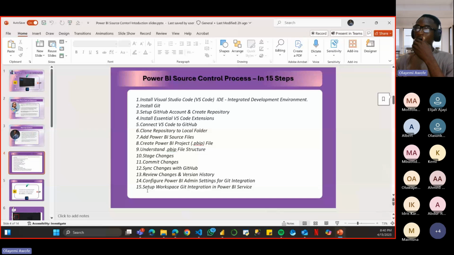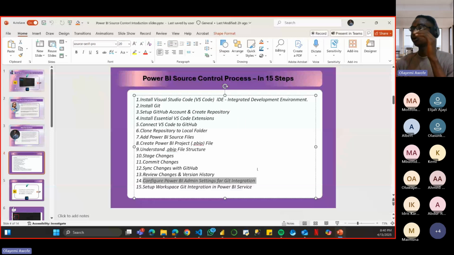So maybe I can come here just to show us this. If you are an admin, how to activate this, or you're working on your personal project. So to activate this, let me go back to my